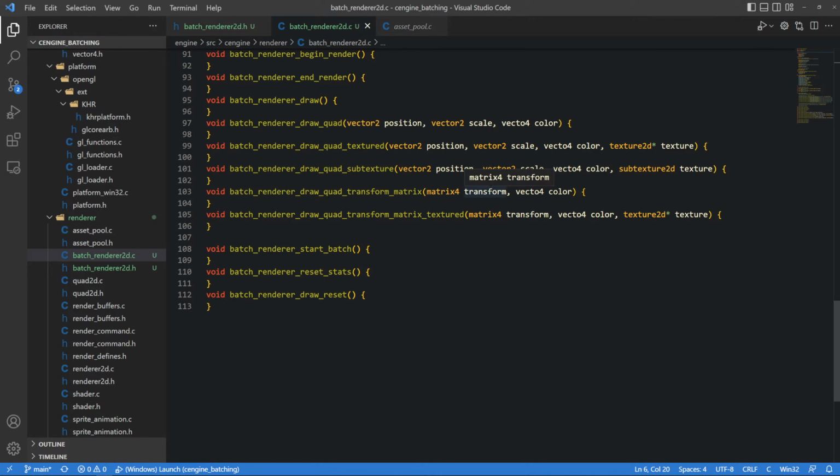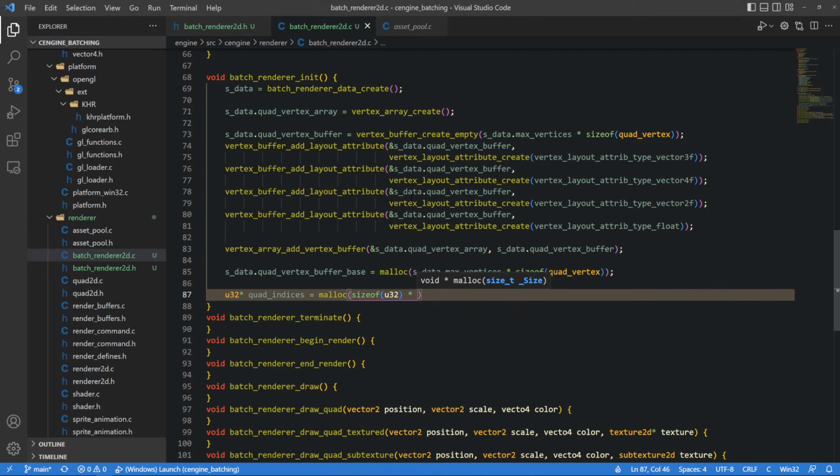Okay, so malloc size of U32 times sdata dot max indices,